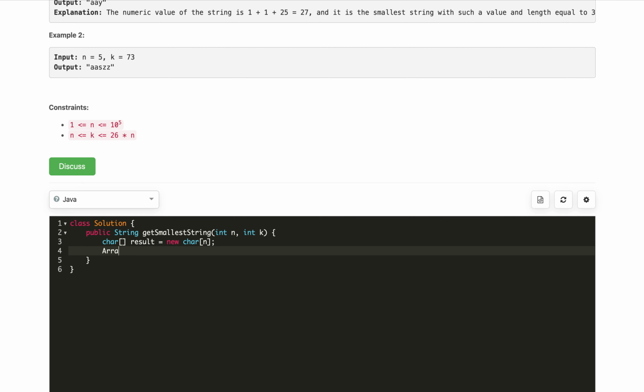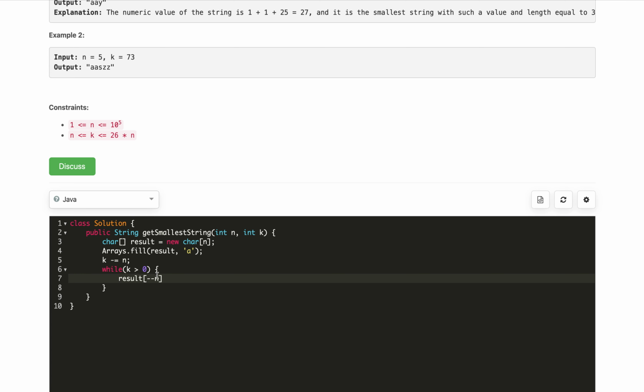Then first we will fill all the characters with the initial character, which will be a, result comma character a, and then we will subtract n from the k, because we already selected a, so we will subtract n from the k.